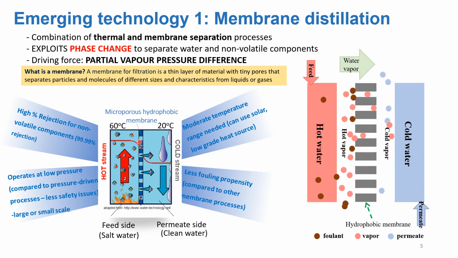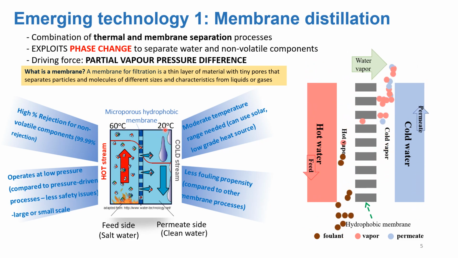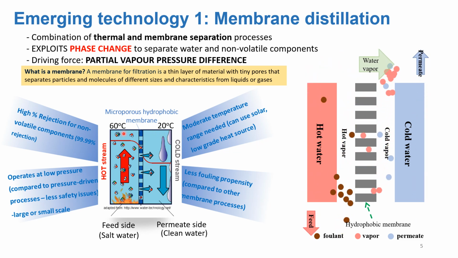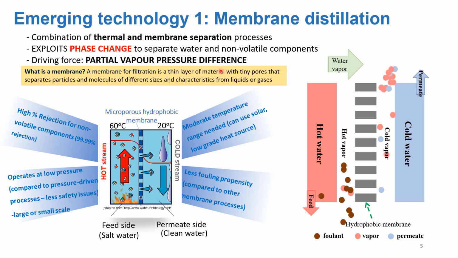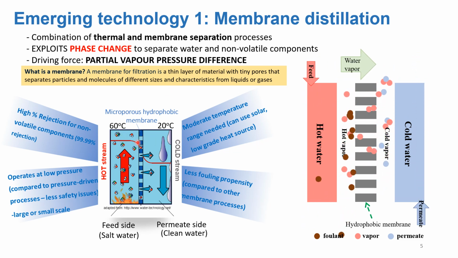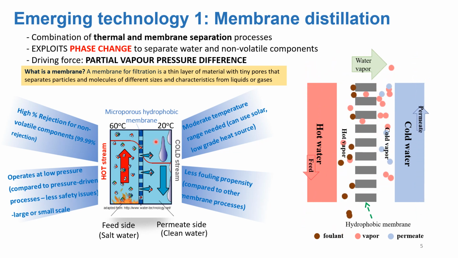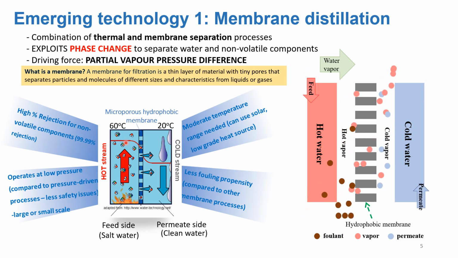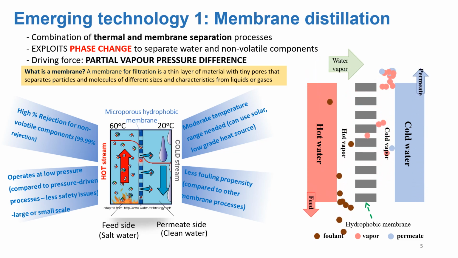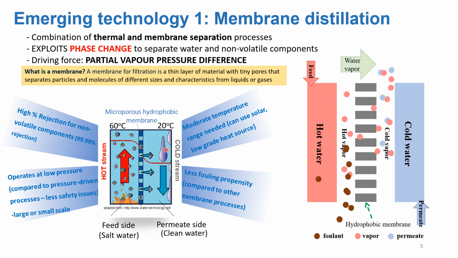What happens here is that, for example, you have 60 degrees Celsius on one side for a seawater feed, and on the other side is 20 degrees Celsius. So you can see a temperature difference. Because of the temperature difference, there is a partial vapor pressure difference. It means water can evaporate from the hot side to the cool side. In this case, only water vapor is allowed to pass through the membrane, but not the liquid water. So liquid water has to be prevented from passing through the membrane. There's evaporation and it is condensed back into pure water on the other side, making it very, very clean.